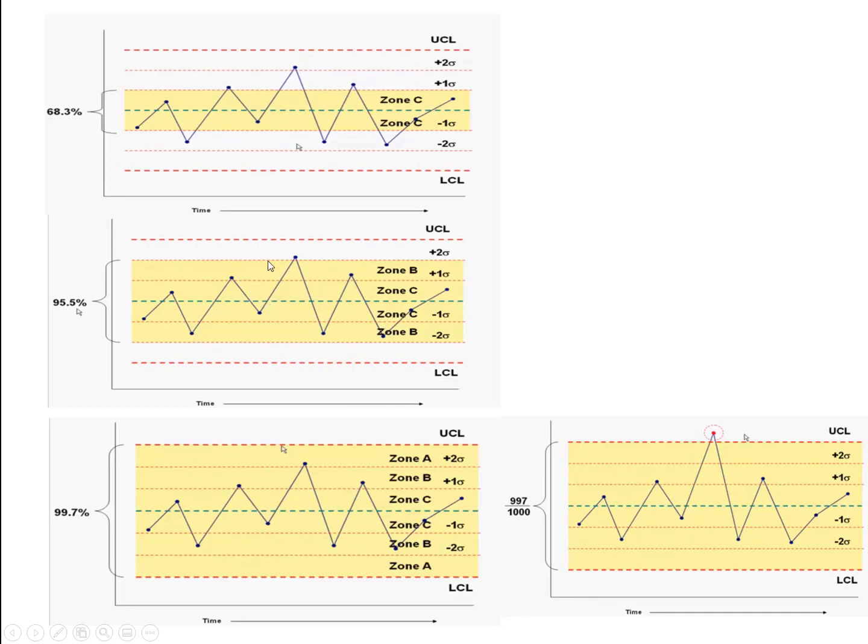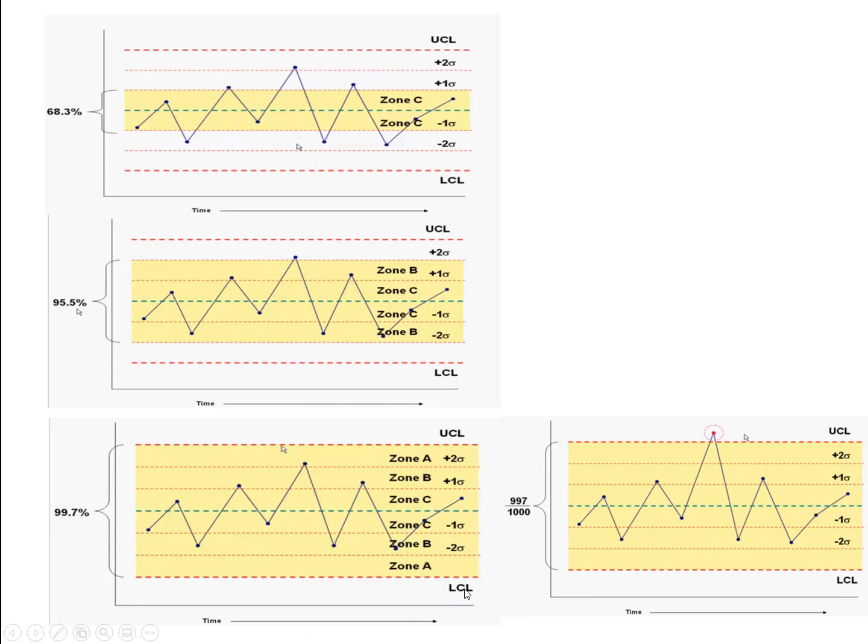Similarly, this yellow section shows the range of plus 2 sigma and minus 2 sigma. So minus and plus 2 sigma means 95.5% are in the yellow area. So 955 out of 1000 are in this, and the remaining are outside. They do not fulfill the plus or minus 2 sigma. Okay, so the third one is the plus or minus 3 sigma scenario. In the plus or minus 3 sigma scenario, 99.7% will be in this range.